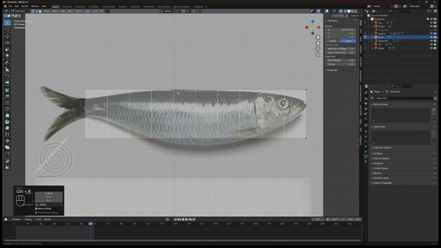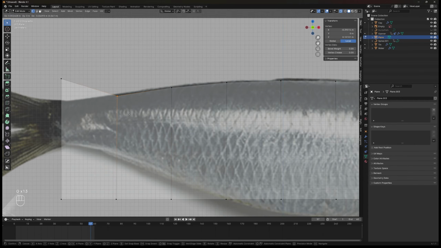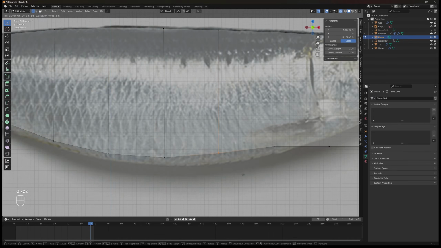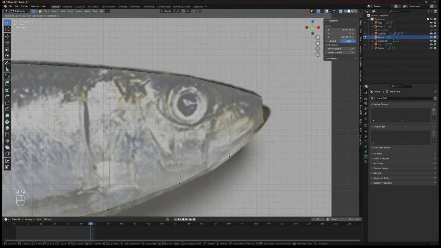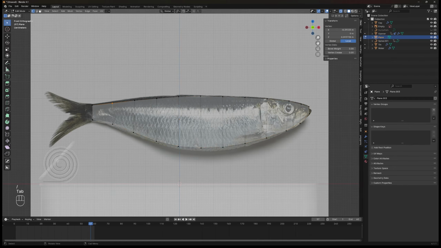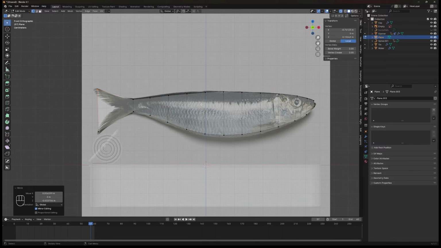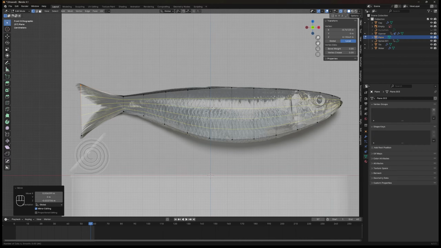Add a loop cut on the plane, maybe around 9 or 10 cuts, then just trace the fish with patience and courage. Make sure you leave some outer space between the fish and the vertex, so it will make a better result at the end. Extrude the edge out for the fish mouth and also the back fin too. Then add 5 cuts horizontally.